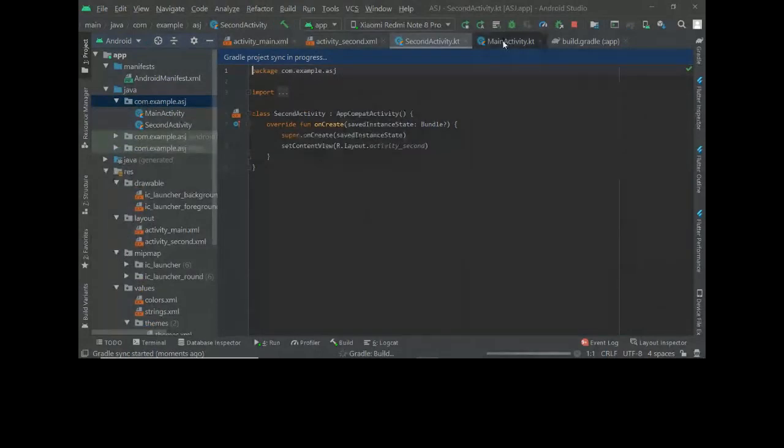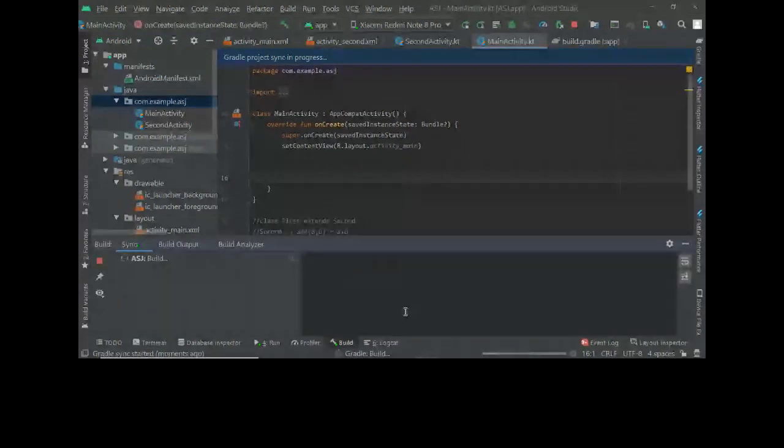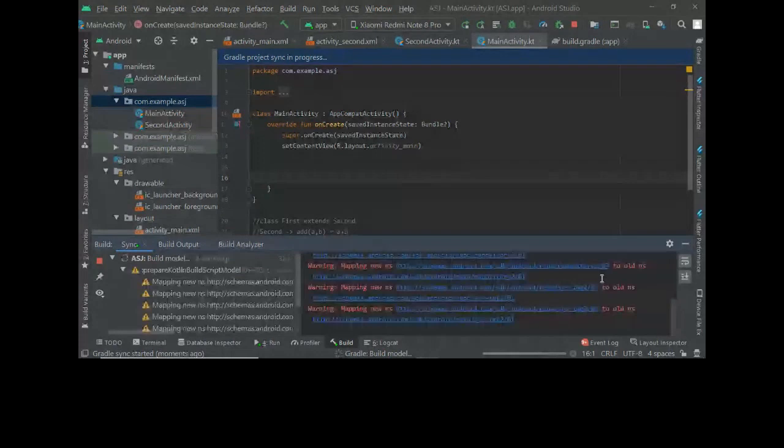Now what we are doing is, just a second. It's building after that. Just a second.